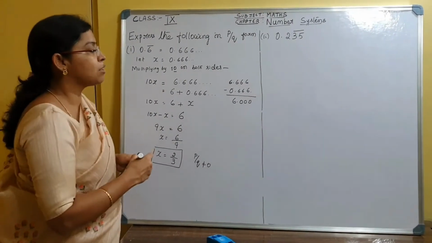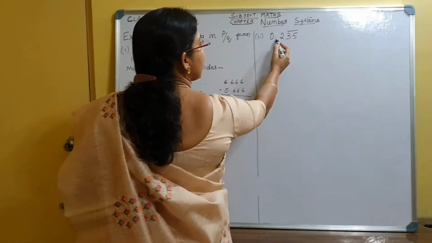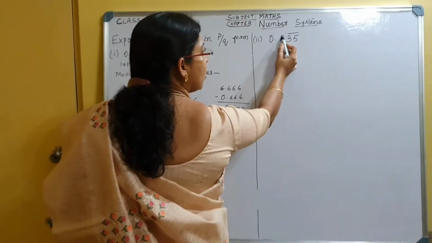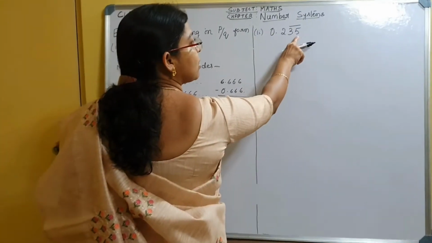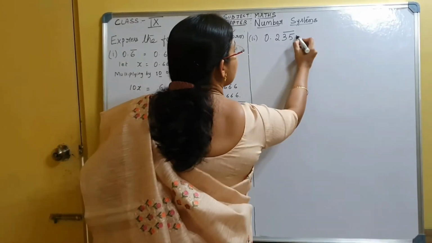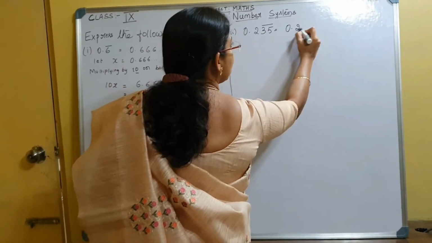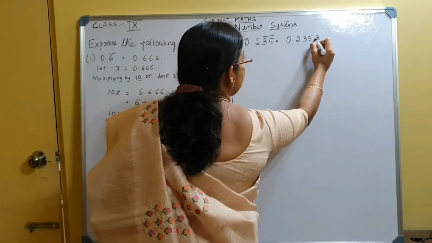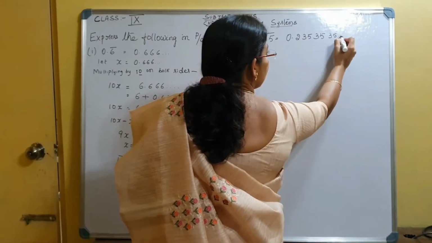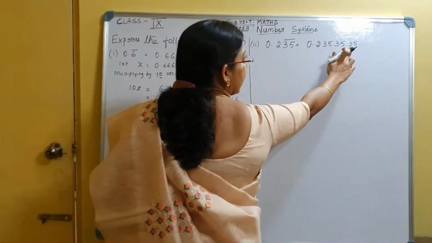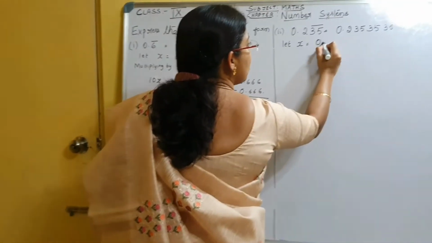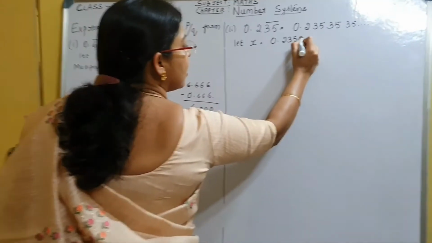Now we will see the next problem where it is given as 0.235 bar, and this bar, if you see, is not for all the three digits, it's only for the two digits 3 and 5. What does it mean? 3, 5 is recurring. This can be written as 0.23535... because it repeats 3, 5. So to say that it is infinite, we will take let x is equal to 0.23535...